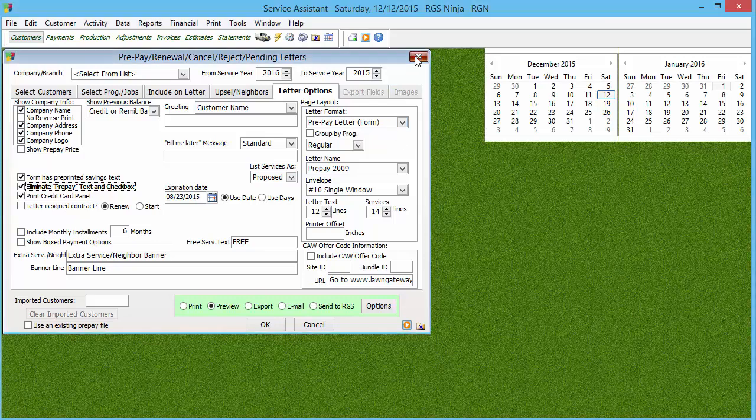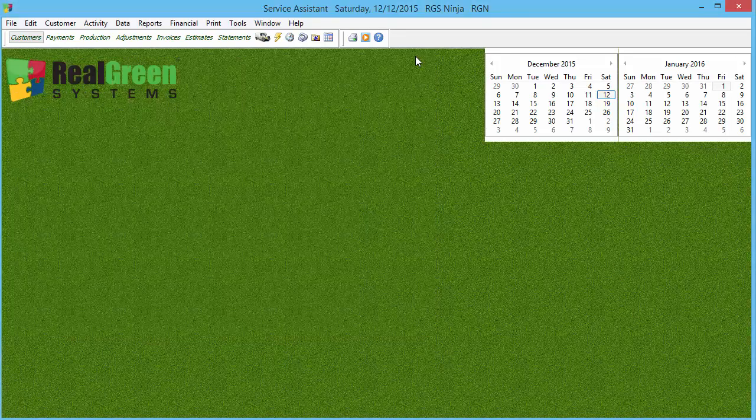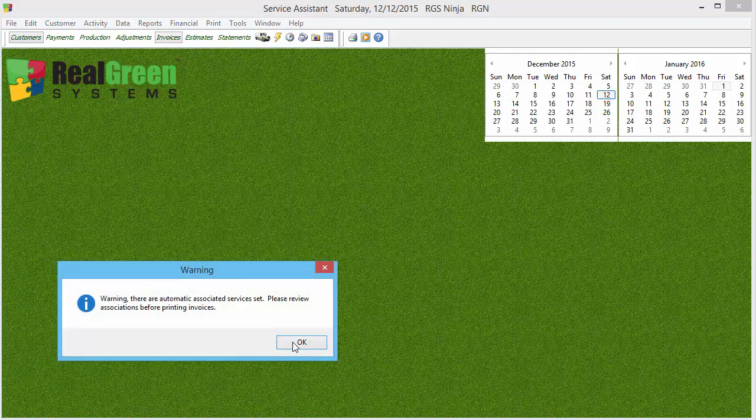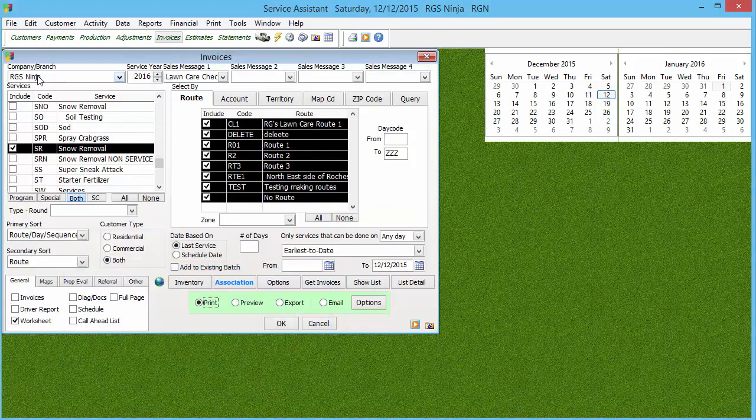Now, another thing I want to talk about is pulling work. A lot of times, there are companies that will not actually leave an invoice at the time of service. So they use a worksheet or a driver's report or something like that. The area to get to it is still called invoices. So again, it'll be invoices here, but think of this as we're going to pull our work for the day. We're going to have our criteria, maybe throw it to a map, grab it by geographical location or whatever. But even though it says invoices, think of it as pulling work.